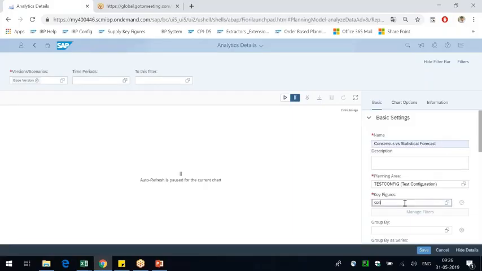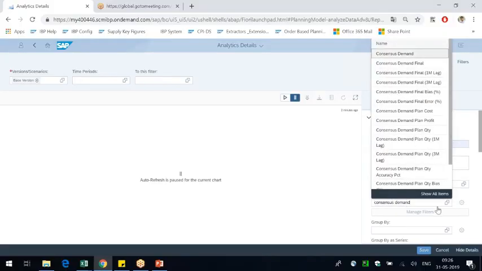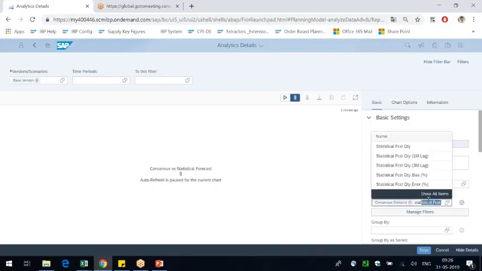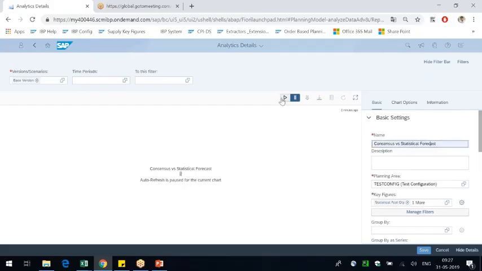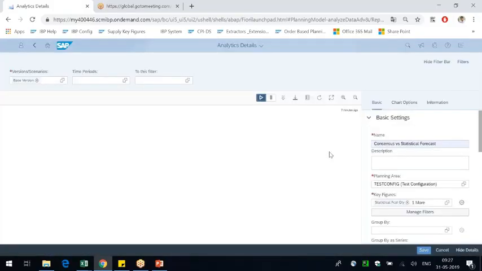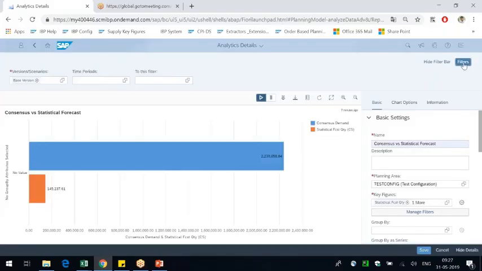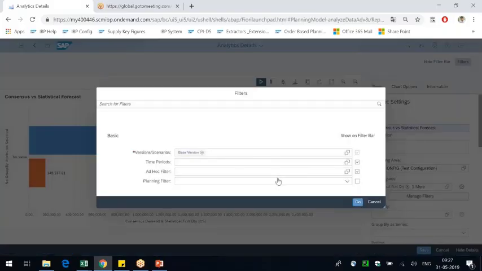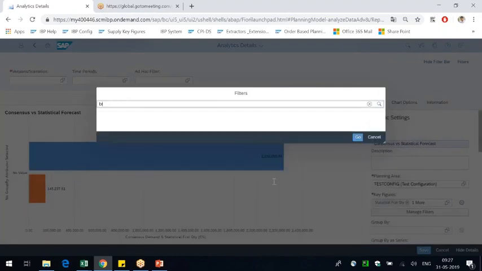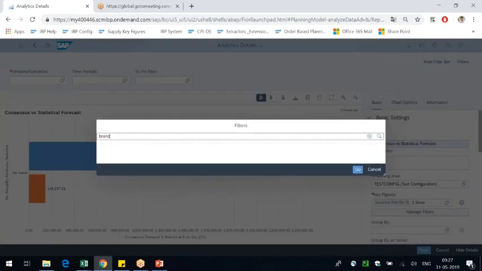Key figures is consensus demand. And next is statistical forecast quantity. Filters. I'll apply, for a particular brand.